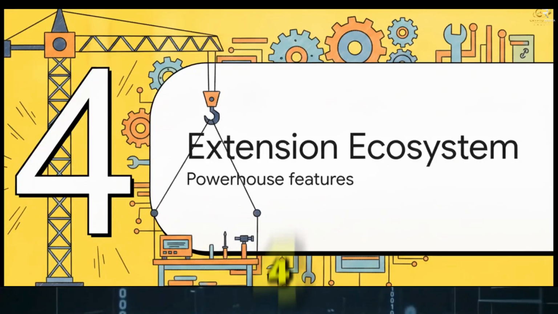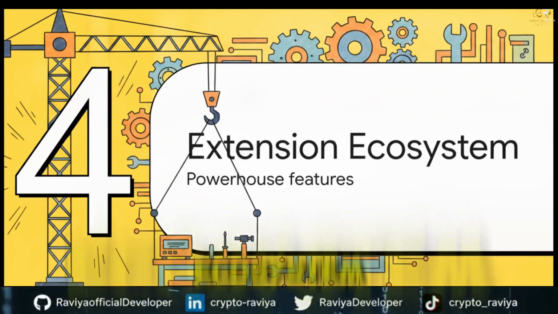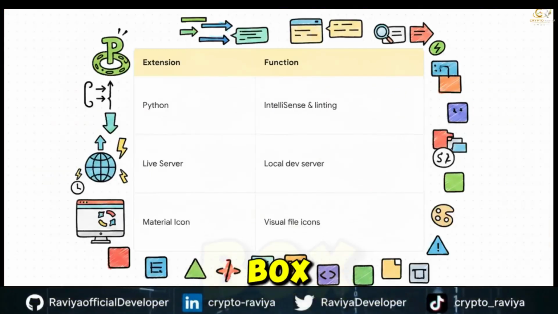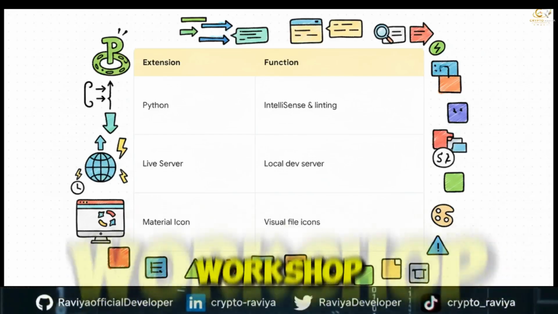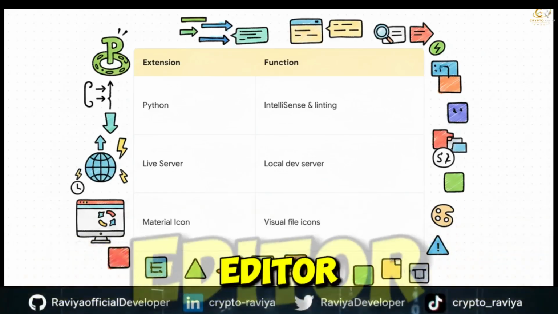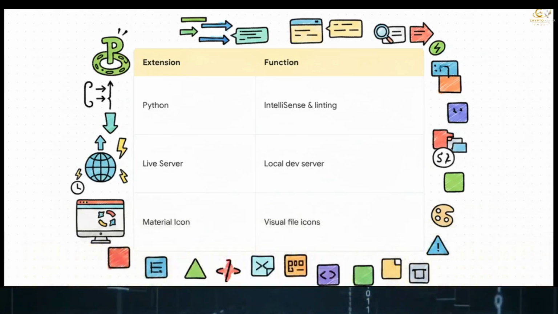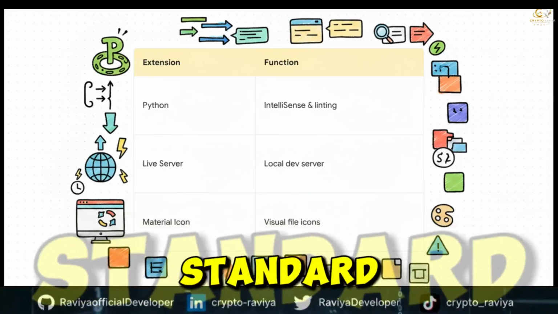Okay, section 4, activating the extension ecosystem. Out of the box, VS Code is fantastic, but now we're going to bring the heavy machinery into the workshop. We're transforming this lightweight editor into an absolute powerhouse. First up, you need these 3 industry-standard extensions: